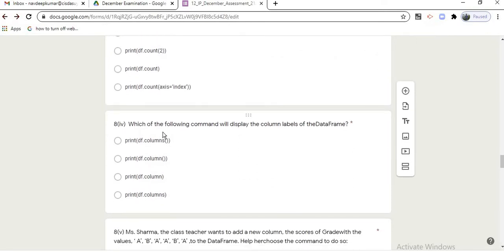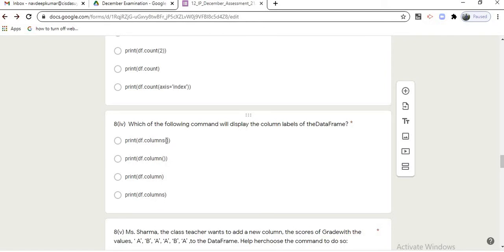The fourth question is: which of the following commands will display the column labels? To display the column labels, we use the columns attribute of the data frame. This is the columns attribute of the data frame, not a method.